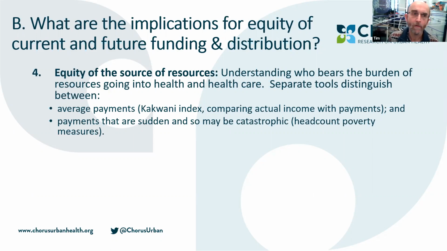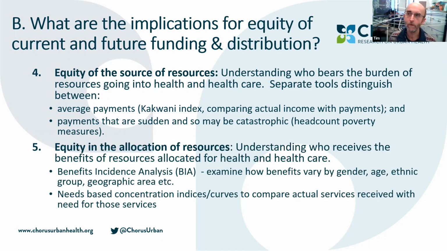Another example of where this tool might be useful is understanding the impact of payments for community insurance, such as the SSK in Bangladesh. Now, often, again, community insurance can turn out to be quite an unfair form of funding, because typically premiums are fixed for all income groups. But of course, that depends where the money comes from. And with SSK in Bangladesh, most of the money comes from government. So the equity consequences are a bit different. So that's the source of funding.